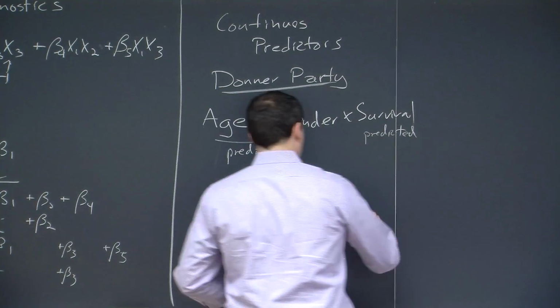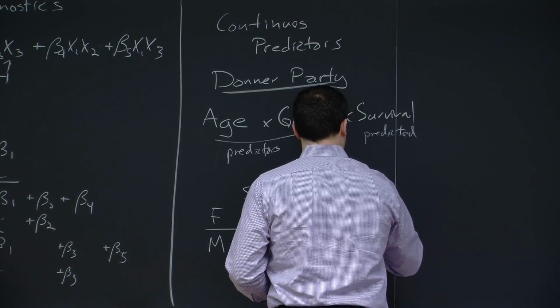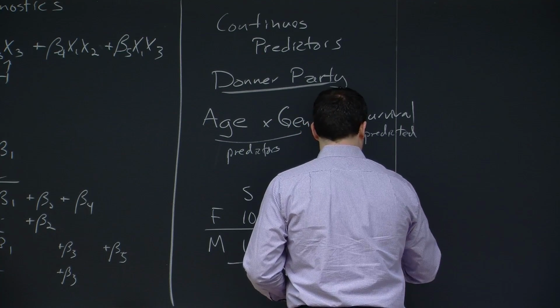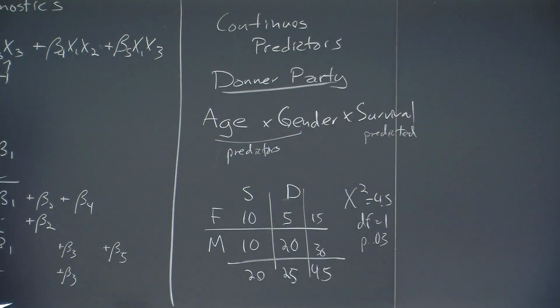So if I were to compute a chi-squared, I get 4.5 with 1 degree of freedom and a p-value of 0.03. And so we could conclude that survival and gender don't seem to be independent. On a relative risk measure, females survive twice as much, or you're twice as likely to have died as a male. And of course, by now, whenever we see a 2x2 table, and there's another variable involved, we worry